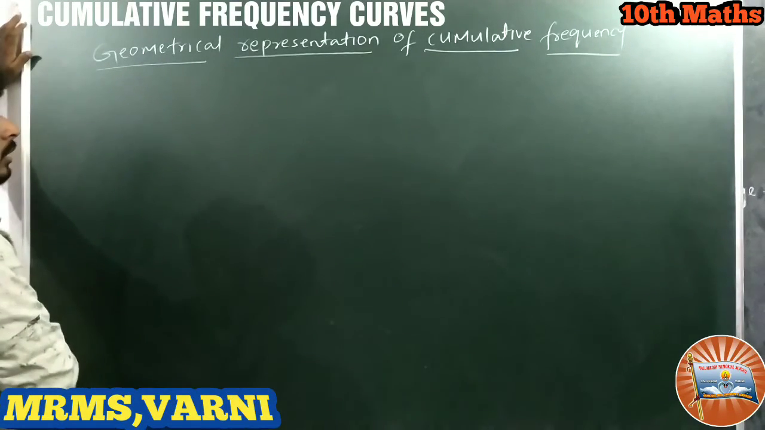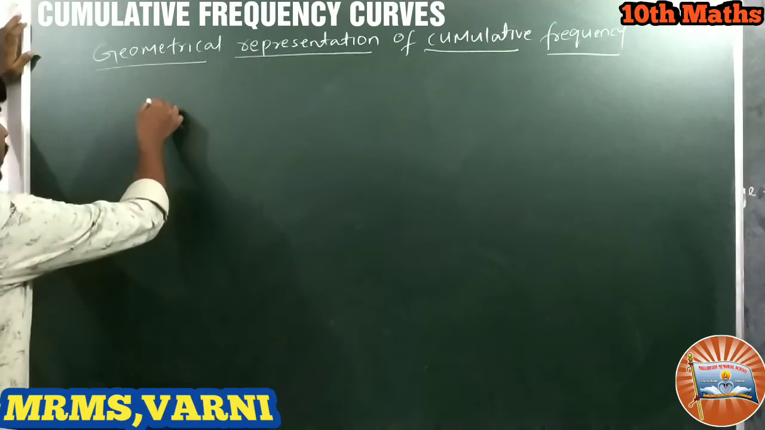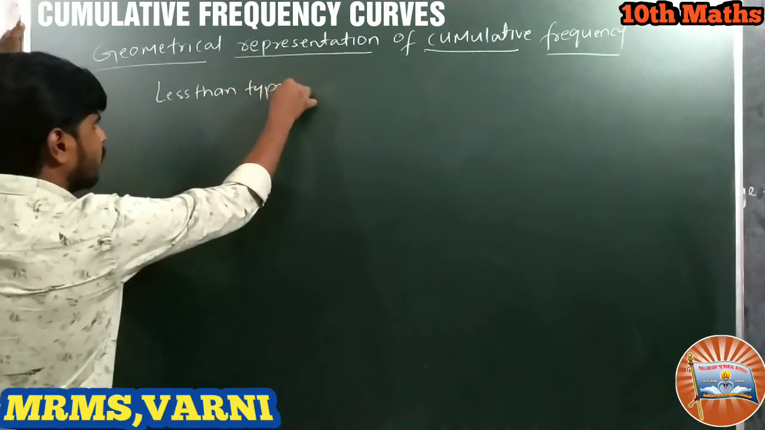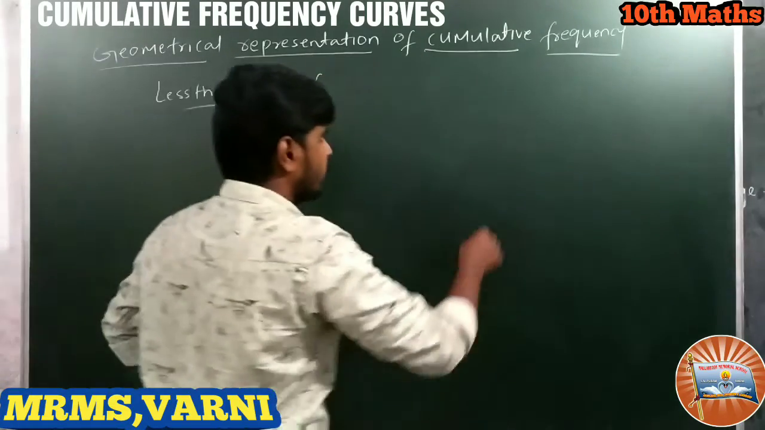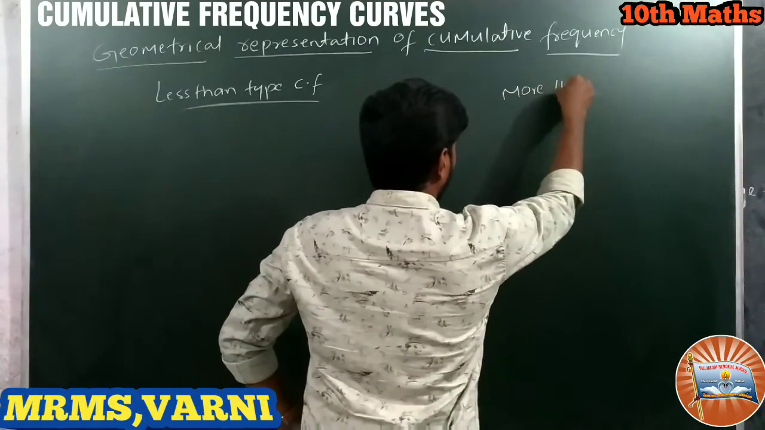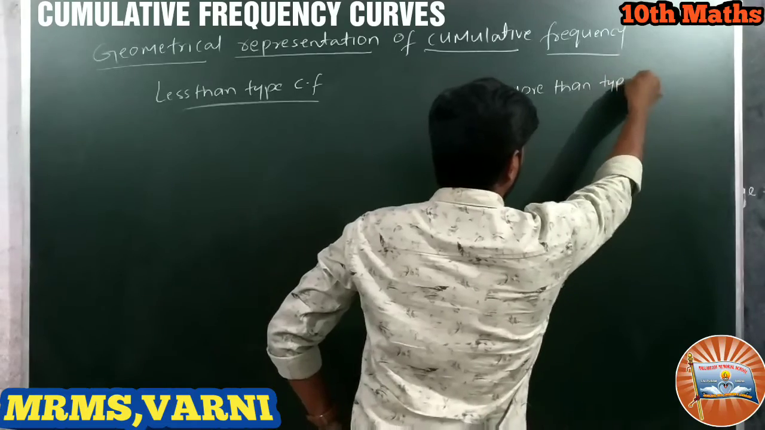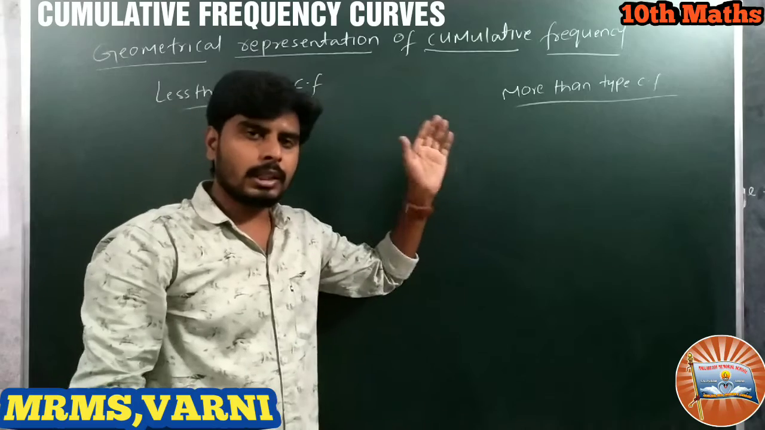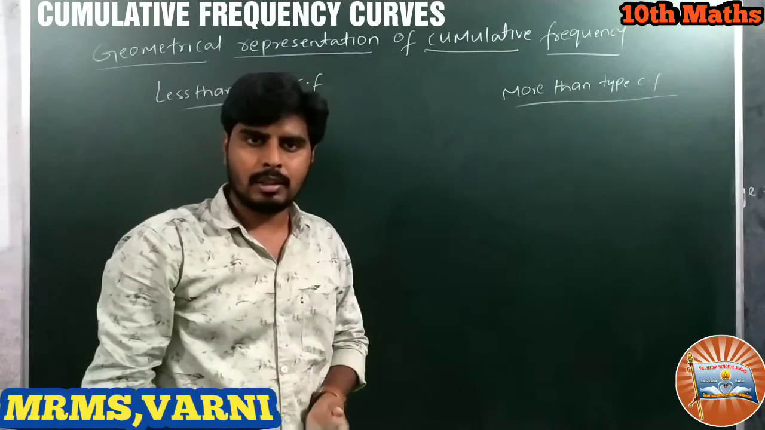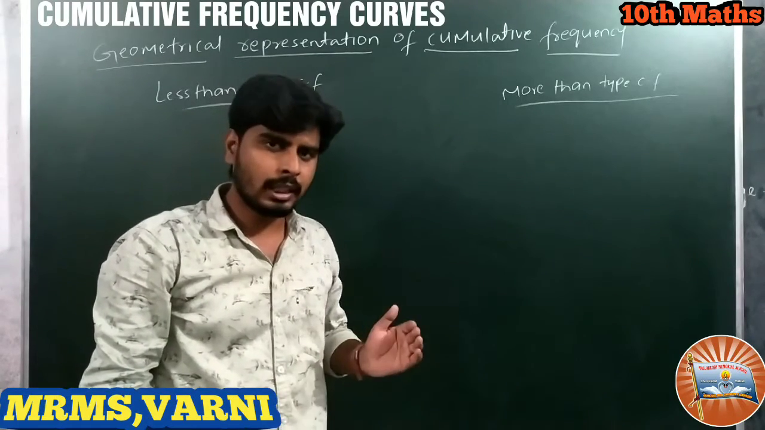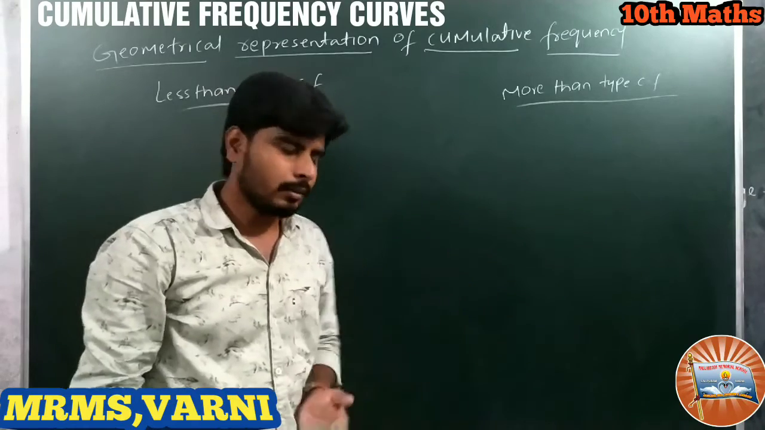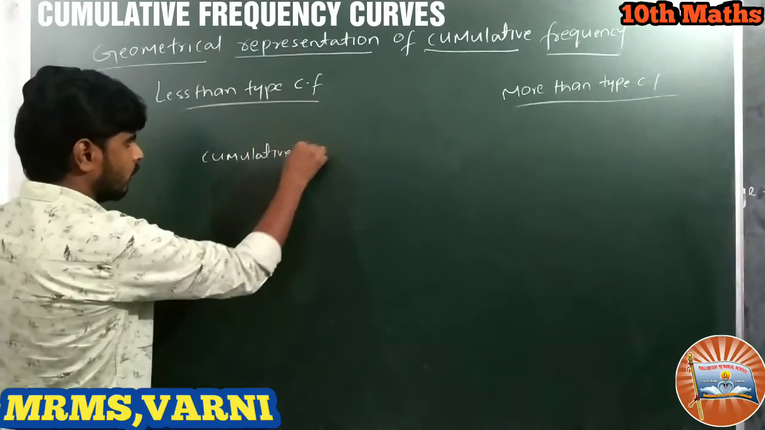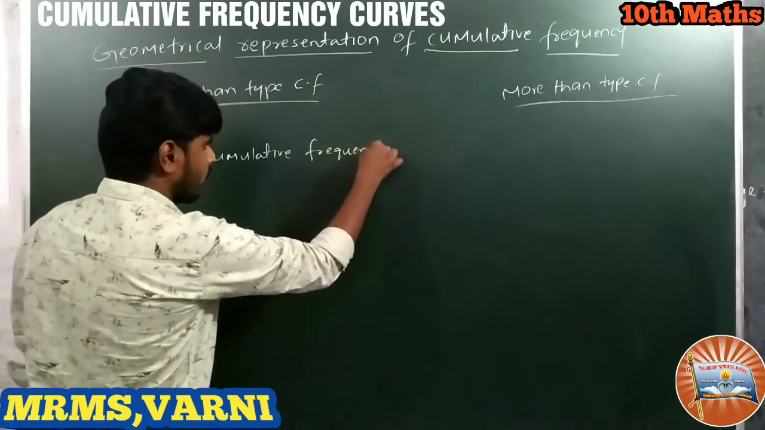So, less than type cumulative frequency we learned already. Less than type CF and more than type CF. So if you plot the graph for cumulative frequencies, we get a curve. Okay, it is a curve. The curve is called cumulative frequency curve